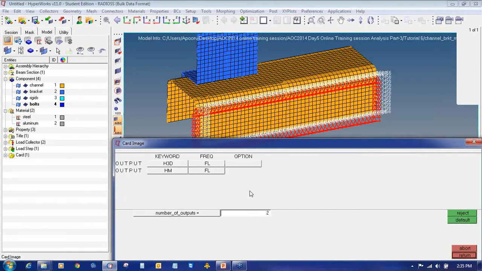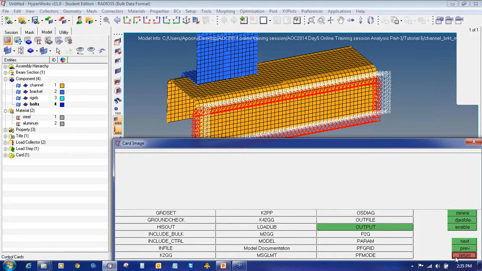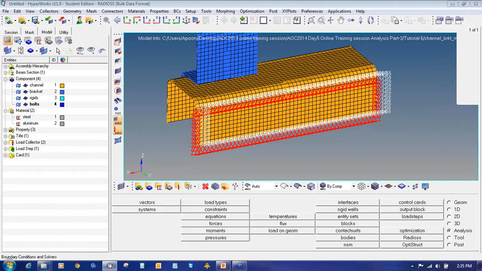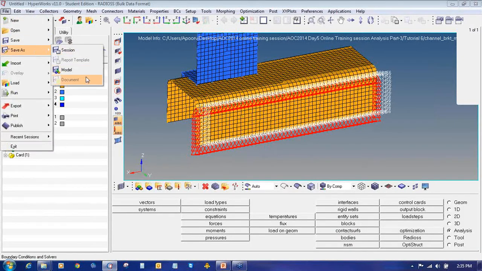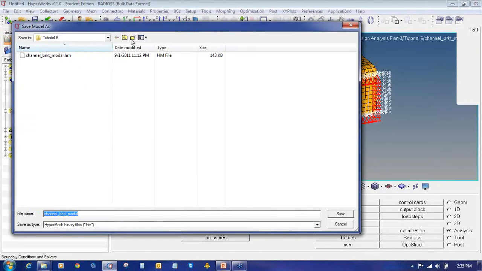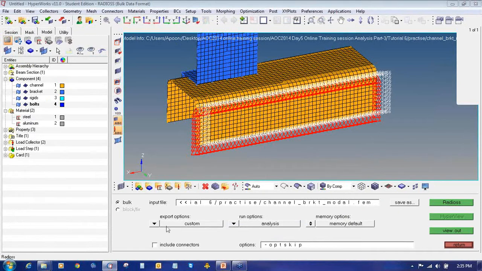Second one I will select HM. Frequencies all and return. Now I will save this file. Go to Radioss, analysis page Radioss, and run this file.